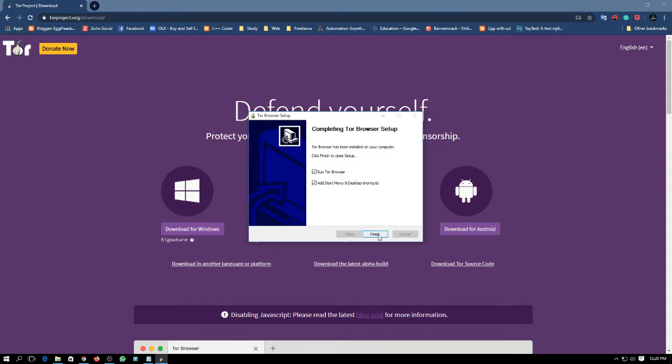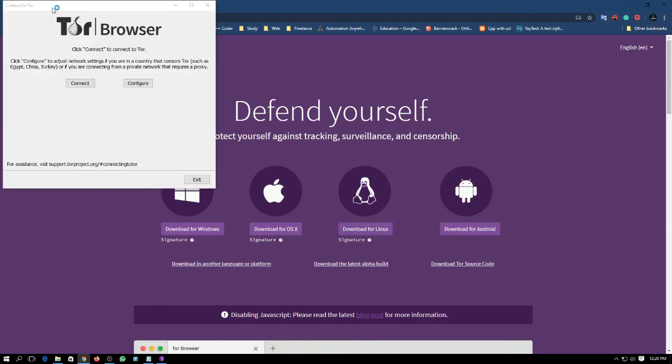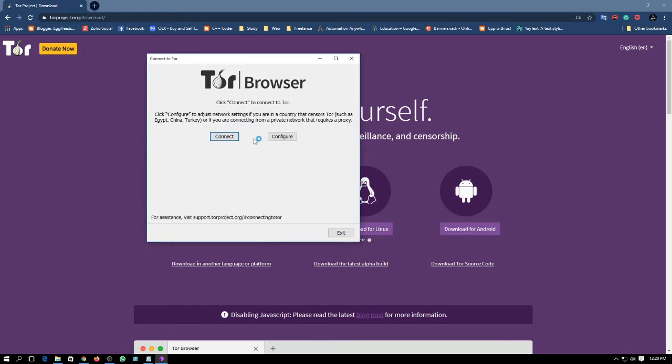Okay, so I'm just clicking on finish, and here you will see my Tor browser is downloaded.